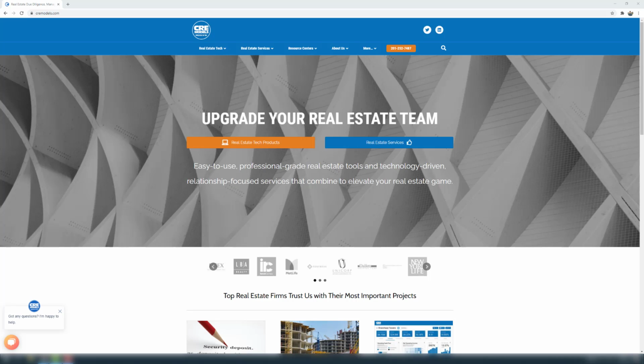Hello! We are very excited to walk you through our free private equity waterfall tool. I will focus specifically on real estate private equity deals, but it will work for other structured private equity investments as well. As we all know, every private equity waterfall can look different from deal to deal, fund to fund,